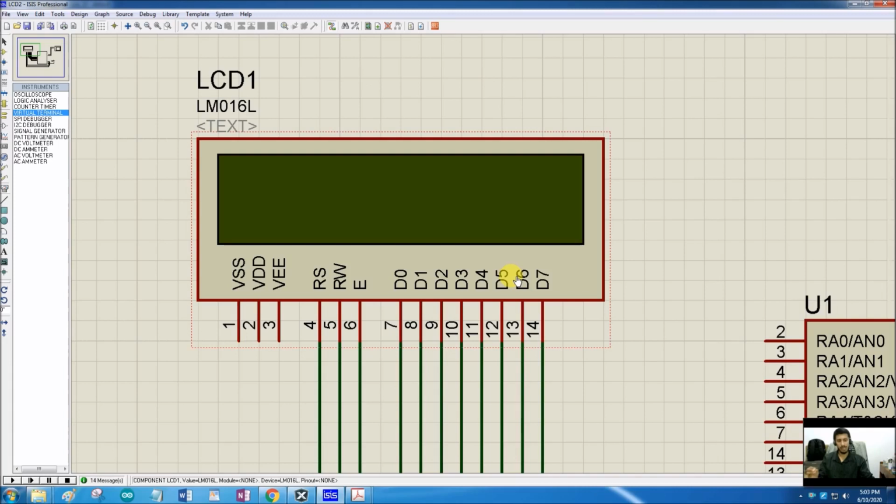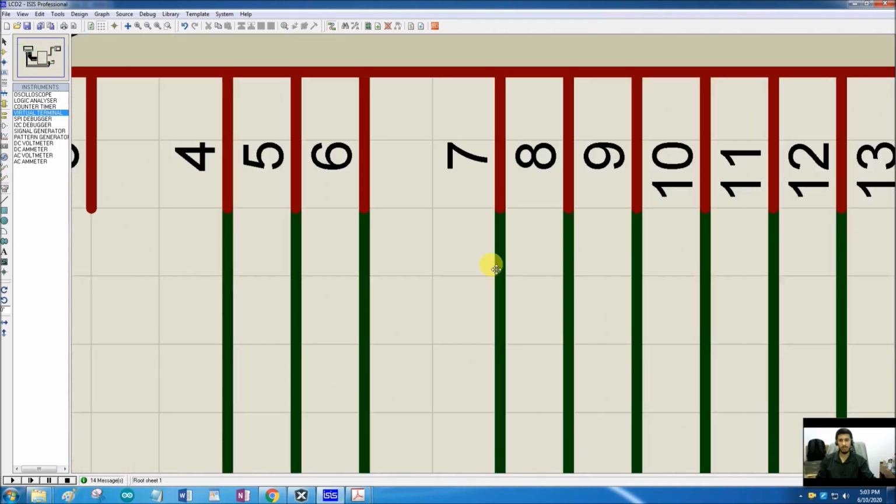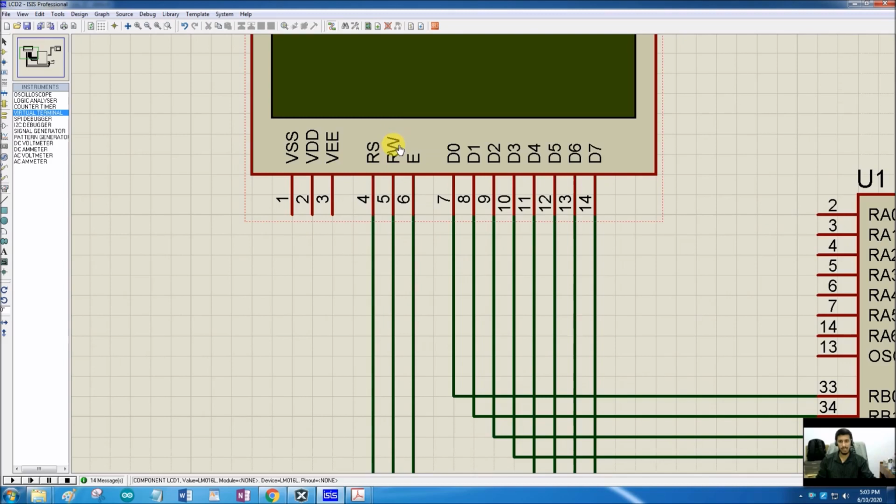Whether we are going to send something as a command or something as a data, that will be decided by these 3 pins. So this RW pin, this is the read write pin. We can read this LCD also, what is currently on that LCD, but we are not interested in that. So what we are going to do, we are going to just permanently set this pin to 0 in the write mode only. We are not going to read it.